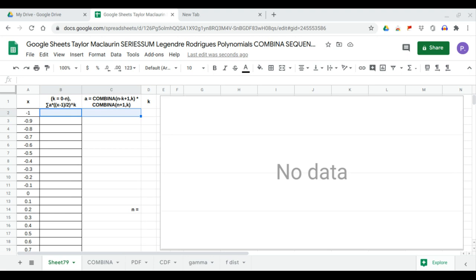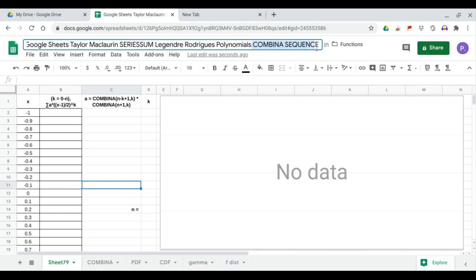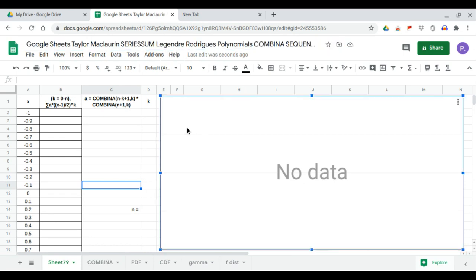In this video, we'll generate the trend line of a Legendre polynomial using Rodrigues formula. This time we'll use COMBINA and SEQUENCE and the series sum, Taylor-Maclaurin's series sum, to generate the data set and the trend line. So we begin with the